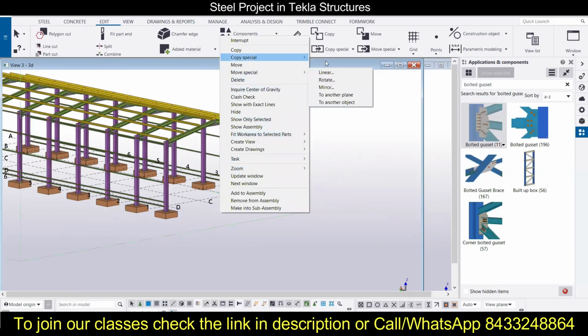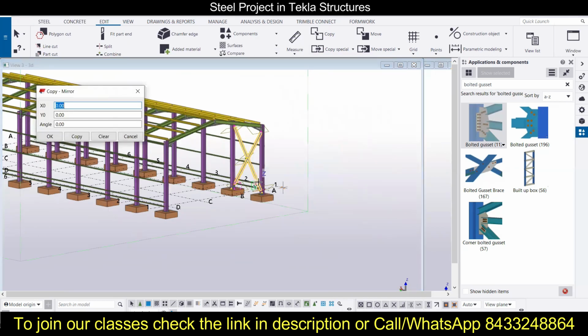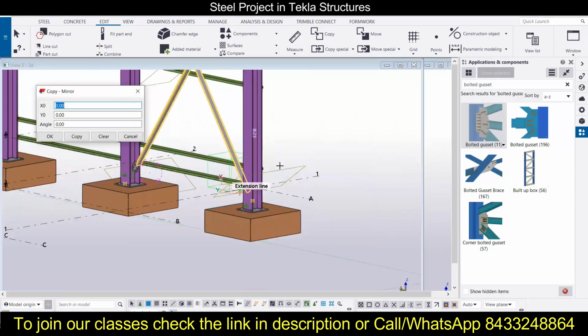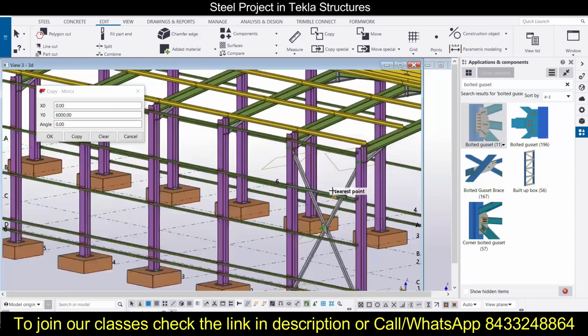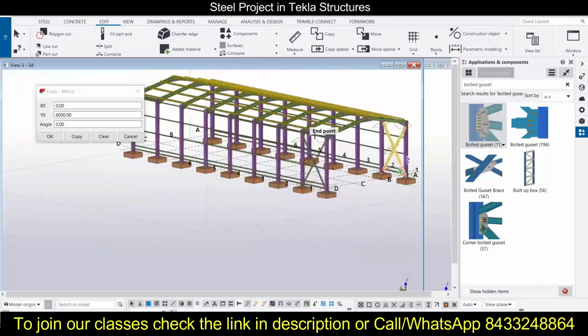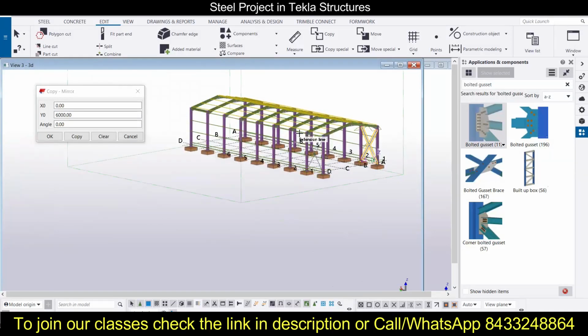So copy special, then mirror. This is the Y direction, so I will go with the Y direction, 6000, copy. And you can see it has been placed over here, right? Now I have to cancel it.